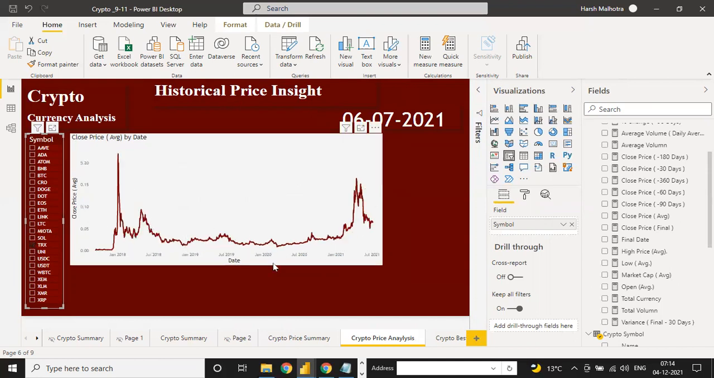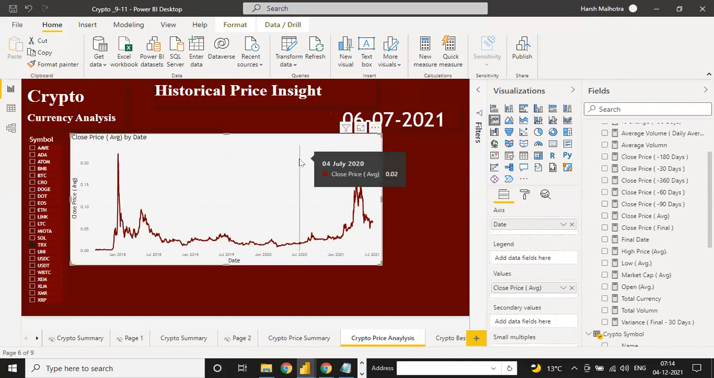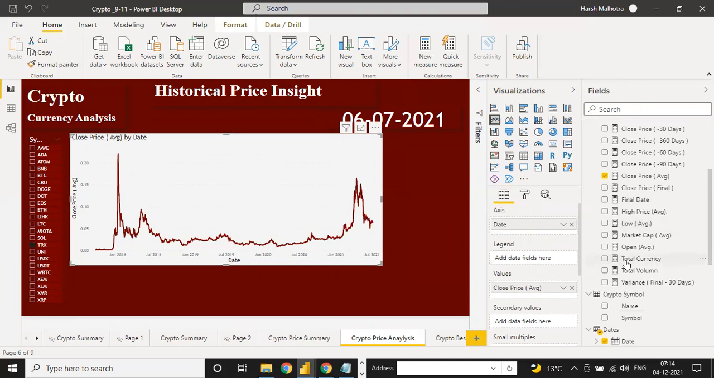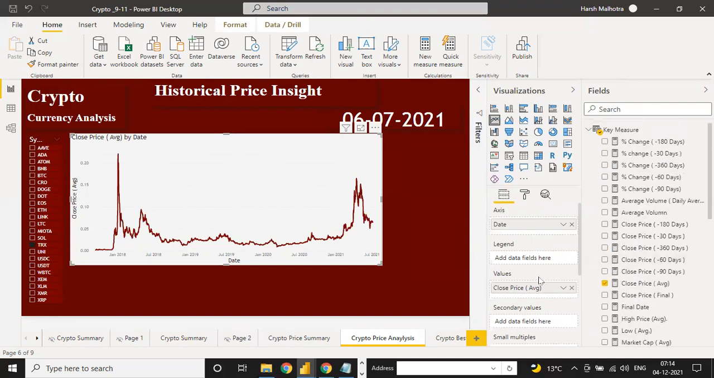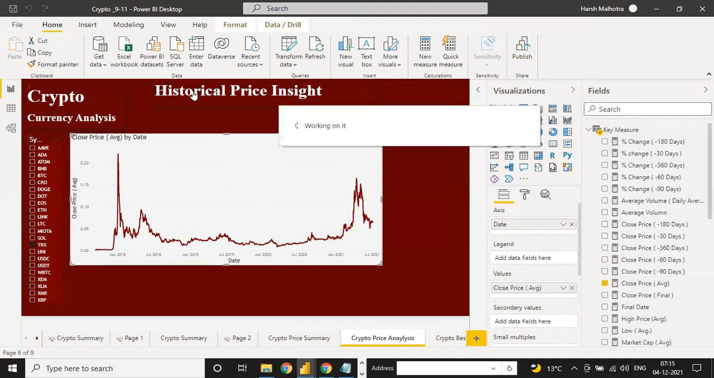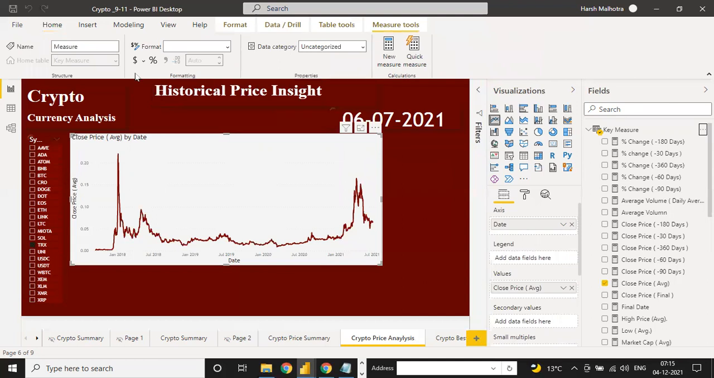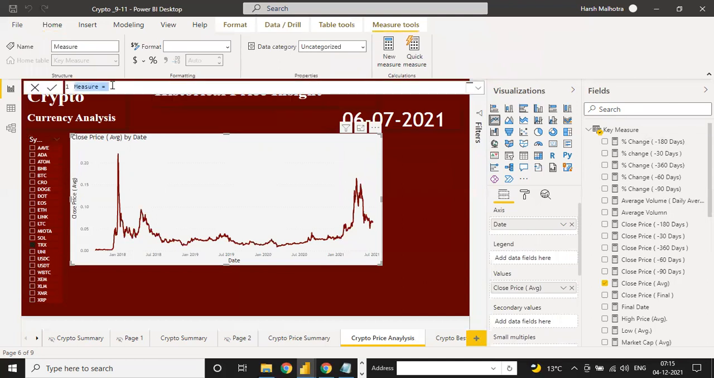So the first step is this. Now click this table. Here's the close price, and we need another price also. Like we need close price high also and close price low also. So we have to create another measure for this. We have to create two measures. First is high and second is low. Close price